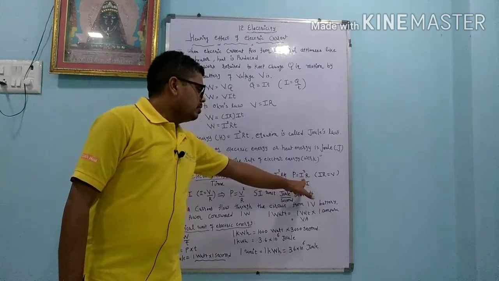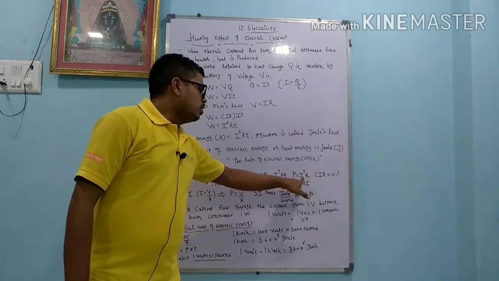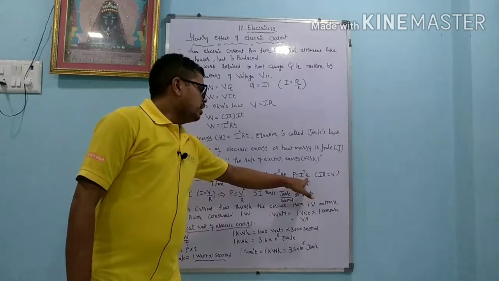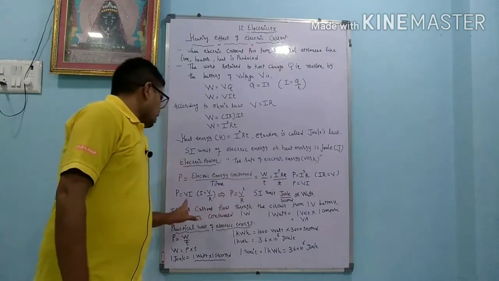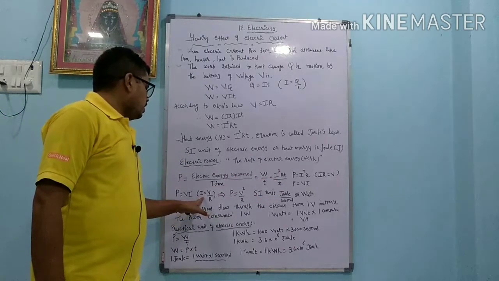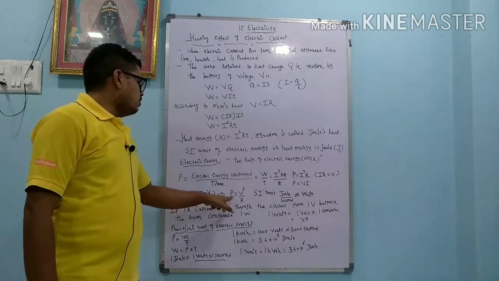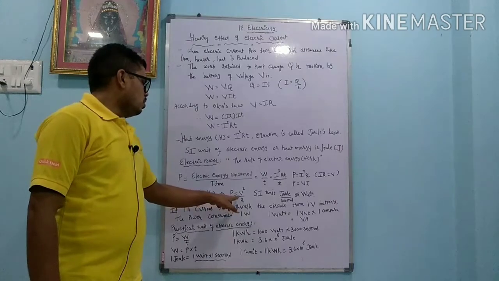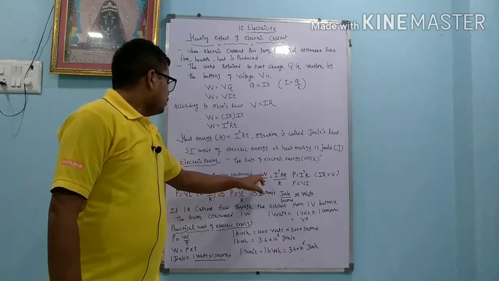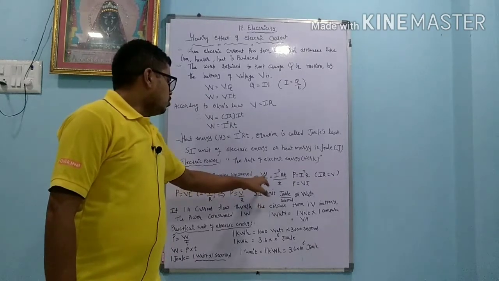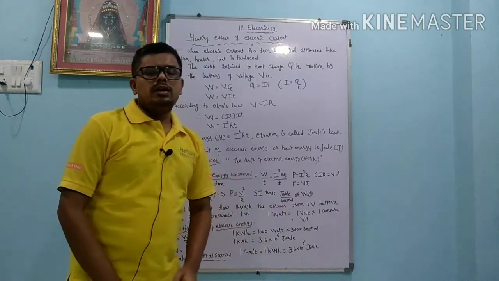Now in this equation, IR equals V. Here I square is given, so one I remains, and IR equals V, so P equals VI. This is another equation. Now P equals VI, and we know that I equals V upon R according to Ohm's law. If we substitute, we get another equation, P equals V square upon R. The SI unit of electrical power depends on work, which is joule, and time, so joule per second, which is called watt.